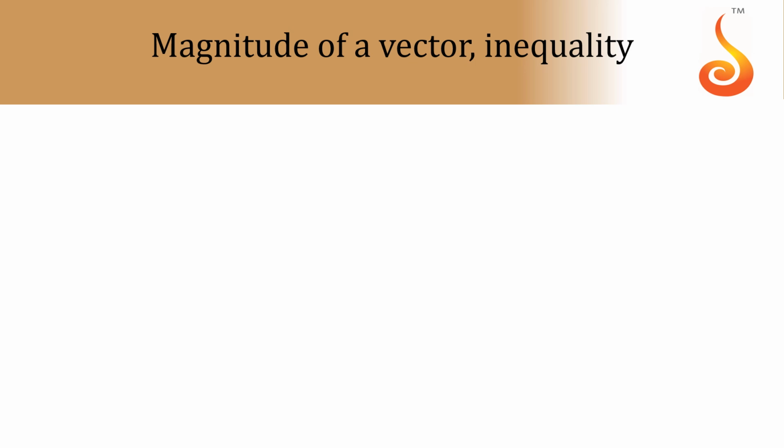Magnitude of a vector. Really speaking, you will learn that the magnitude of xi plus yj plus zk is under root of x square plus y square plus z square. Geometrically we can explain this because it is the resolution of a vector in the three-dimensional plane. There you will see that the vector joining the origin to the point x comma y comma z is nothing but xi plus yj plus zk. Its length will be under root of x square plus y square plus z square.